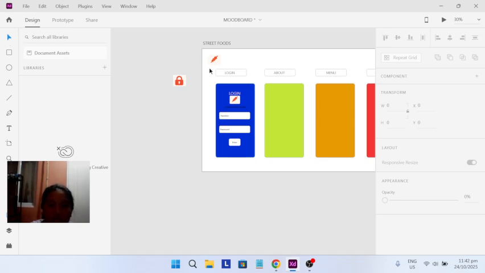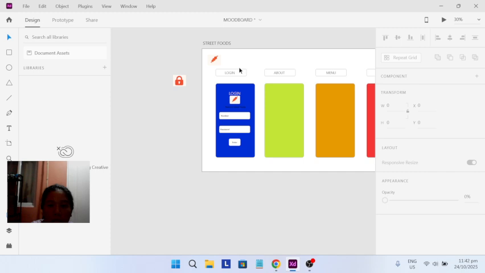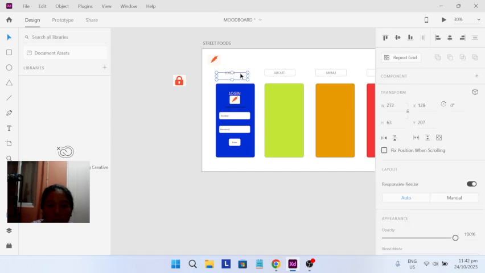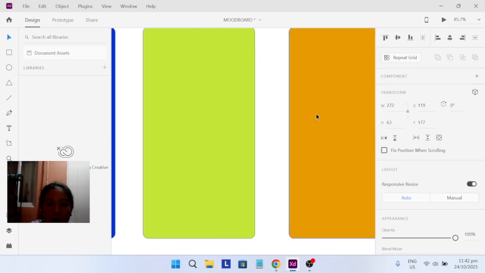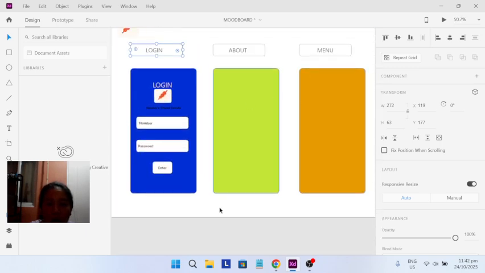So let's move sa another box natin, which is yung about.